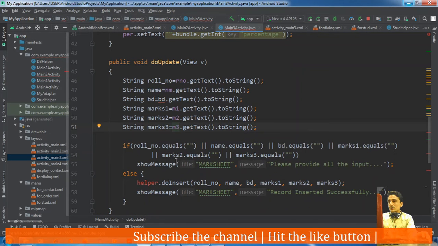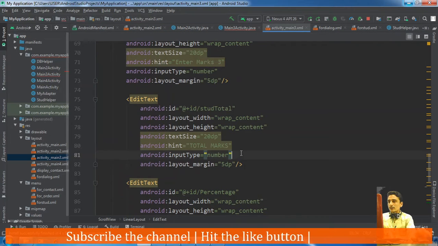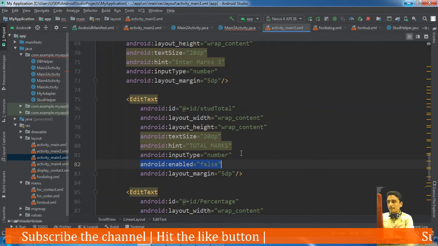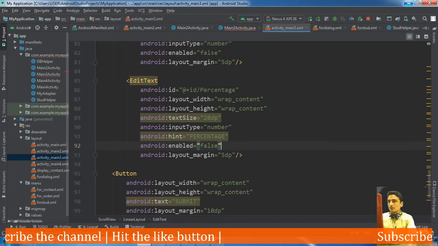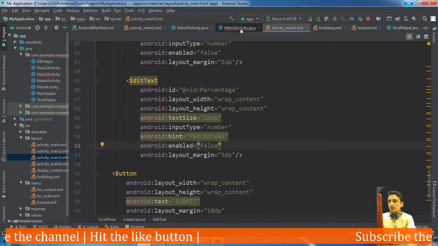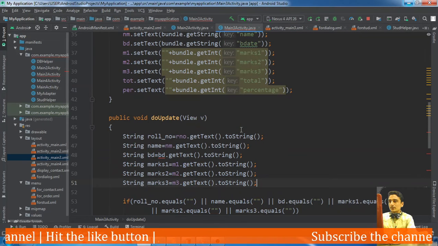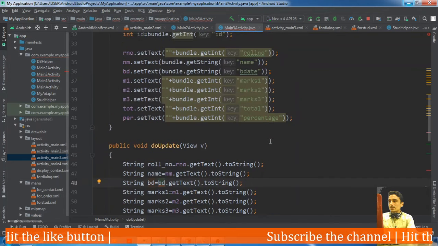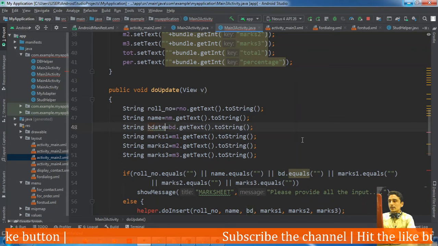Total and percentage should be disabled by default, because the client will not be able to perform any operation or change in those edit views. bd.getText.